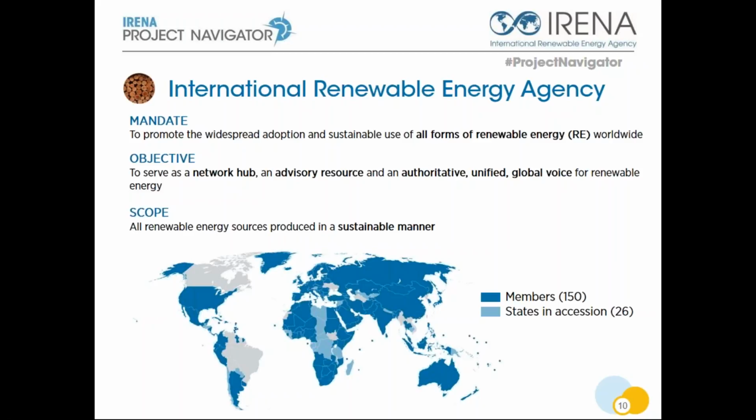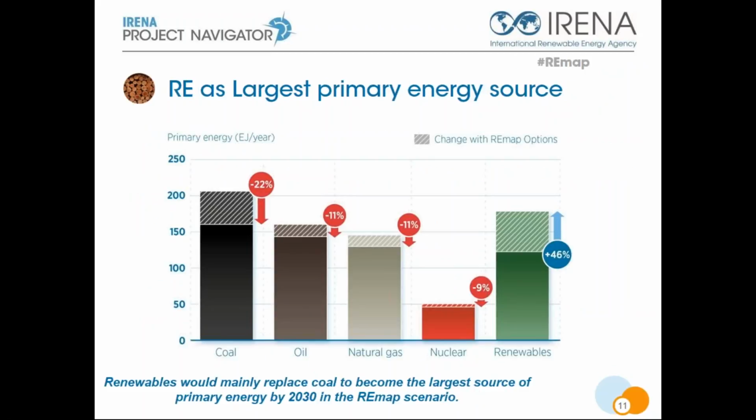At this moment, we have 150 member countries, and there's 26 states in accession, so it's really a global agency. Now, as part of our work, we also prepare forward-looking studies, and one of these programs under the heading of which we do that is called REMAP, which is a road mapping. We have issued last year a study for 2030, and on the 20th of March we will launch a new edition with